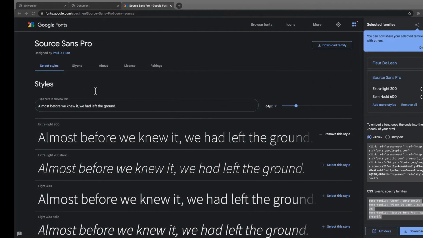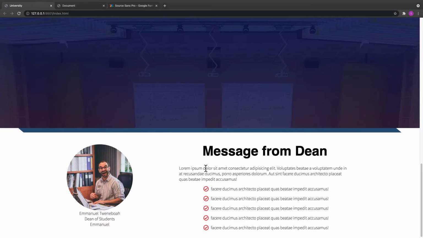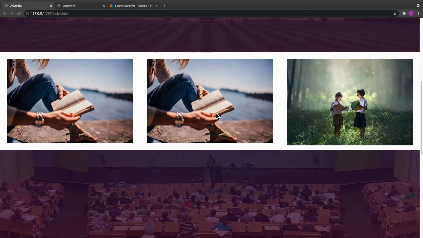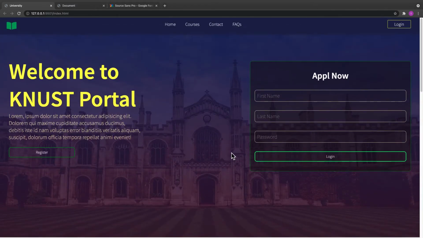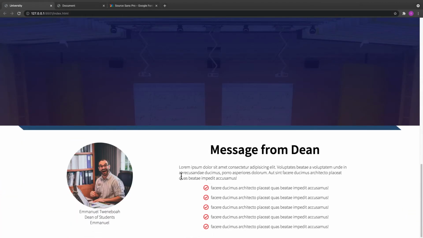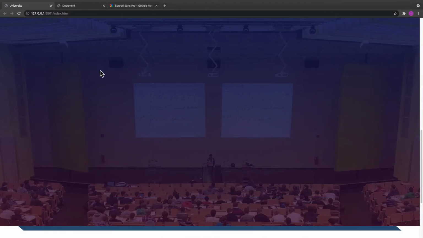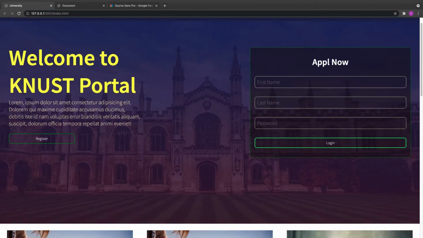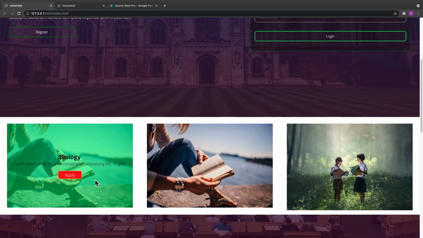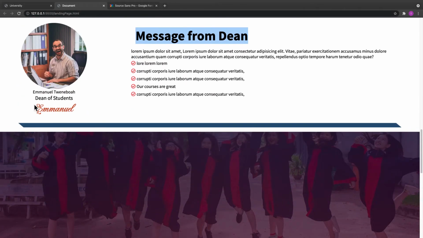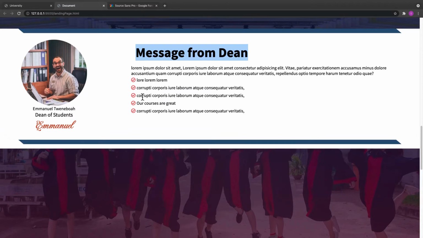Save it, and let's see the effect now. As you can see, it has changed the font size. Everything is changed now. So depending on how you want your font to be, you can change it the way you want. So if you look at the final one, we have the title, sorry, was it Sans